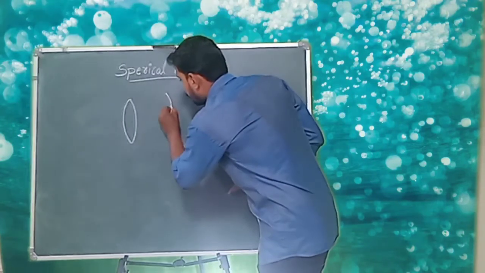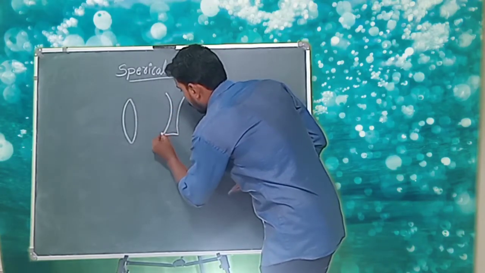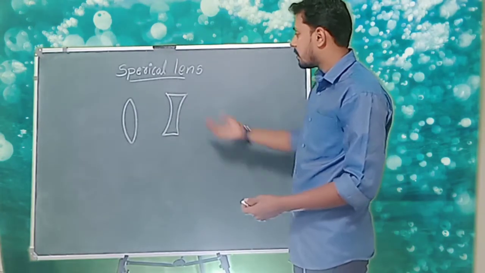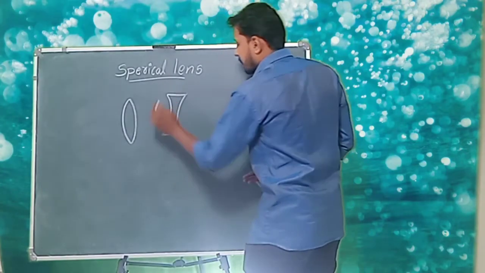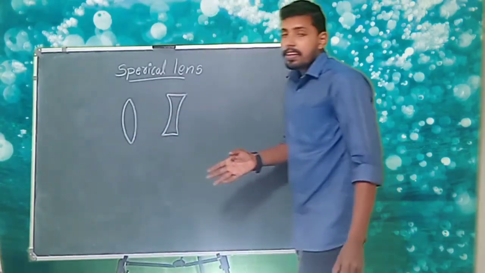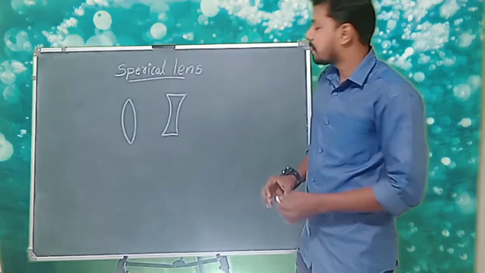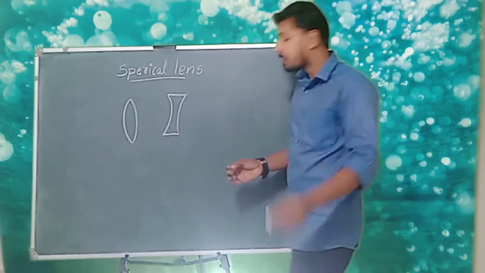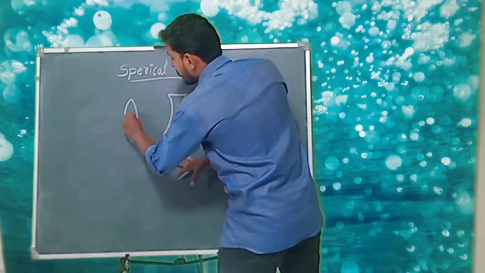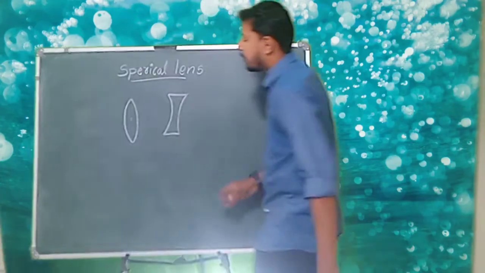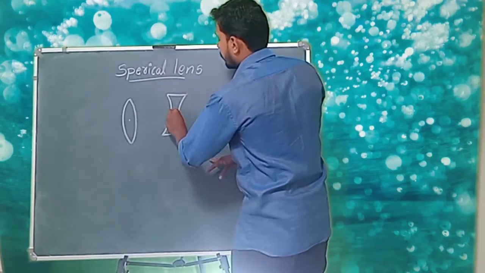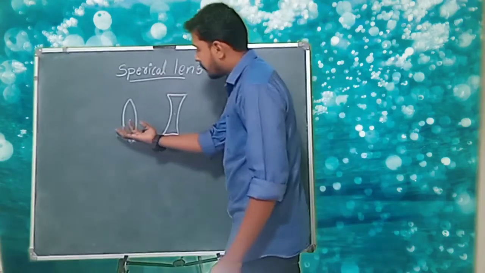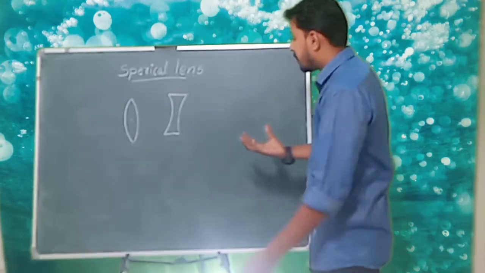In the case of concave lens, we can also call it biconcave lens. Simply we can call it as concave lens. Just we will recall the last class that we studied optical center. What is optical center? Optical center is the center of that lens. This portion we can calculate or we can identify